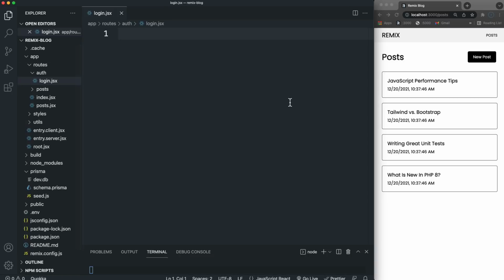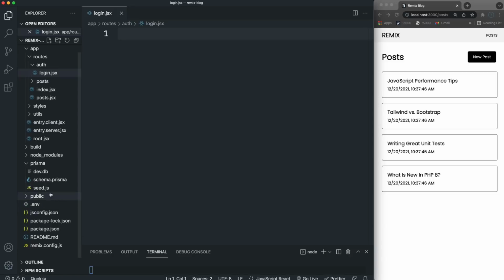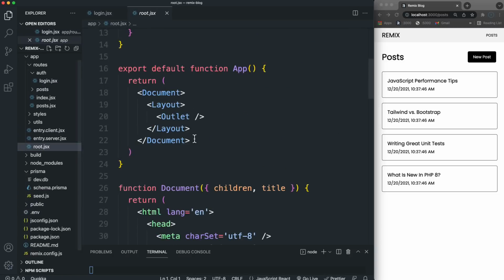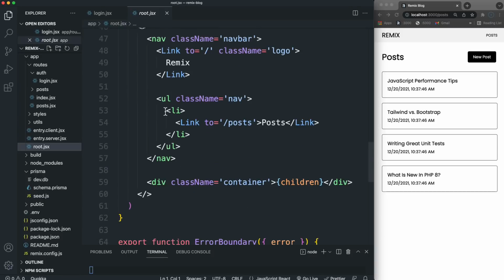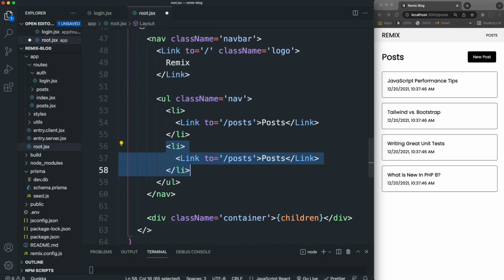So first thing I want to do is just get the form displayed. I also want to have a link up here. So let's actually go to our layout, because that's where the nav is. So we want to go to root.jsx and come down to our layout, and I'm just going to take this, copy that down, and let's put